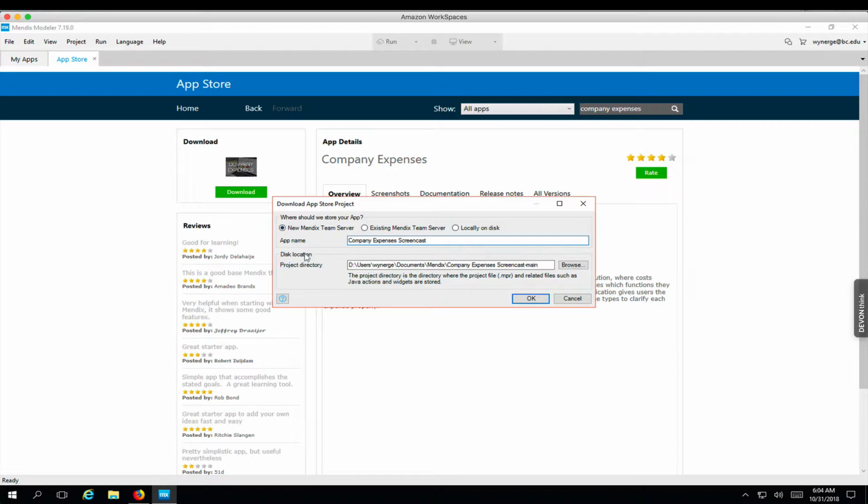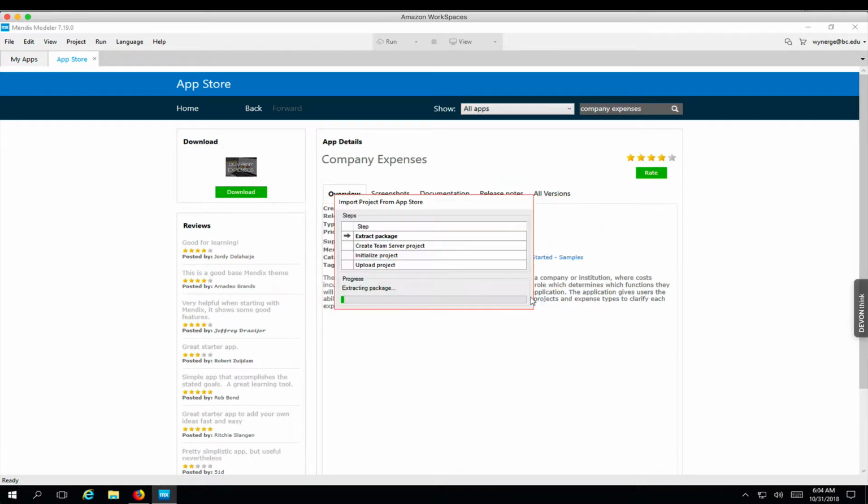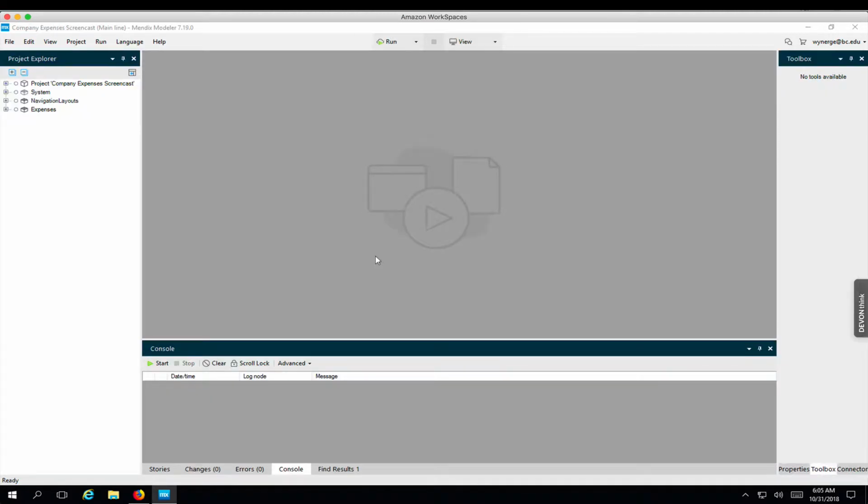New Mendix team server. So what this is going to do is download the app, create a new local project, and upload it to the team server. So when the upload is finished, you should get to this screen, and before we go to work on this, we're going to want to turn on the web modeler. So if you look up here, this little icon refers to the option to go to the project dashboard, which is what we're going to want to do. So we go there,